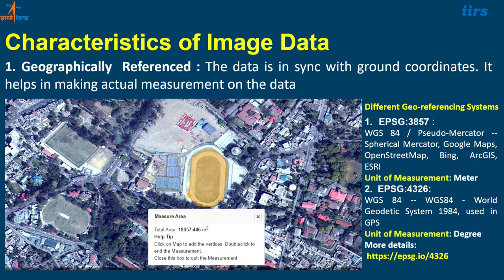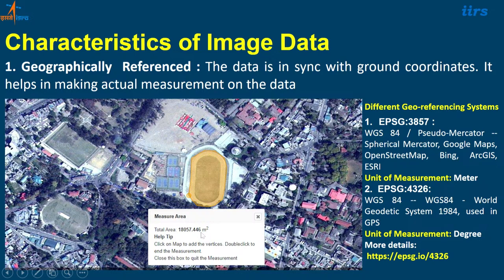The data is in sync with the ground coordinates. It helps in making the actual measurements on the data set. Suppose you want to find out the area of this particular polygon. If it would have been a normal picture, you would not have got the actual area. But since this is an actual image and this is georeferenced, by drawing this polygon, I am getting the area as